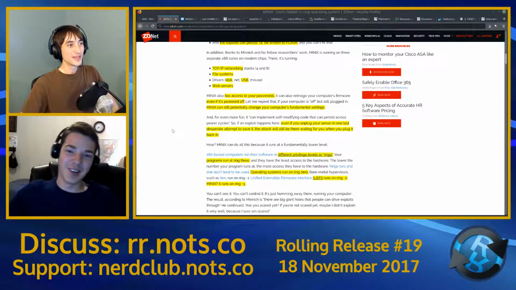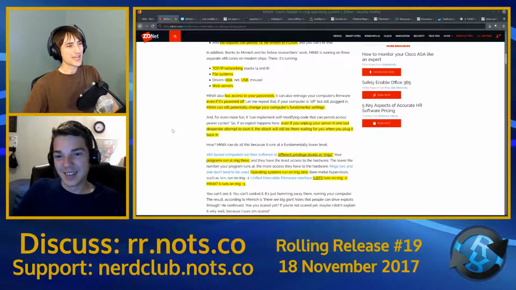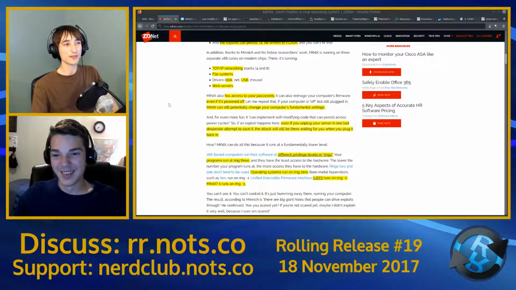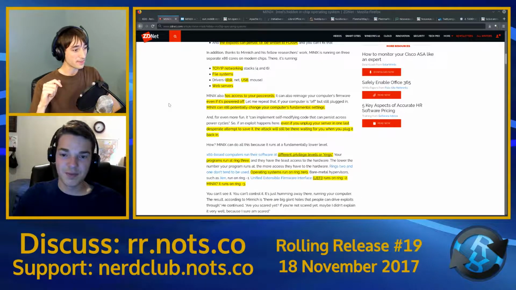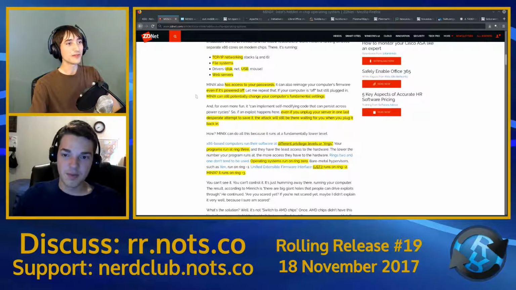Like, really concerning. ZDNet points out that MINIX also has, quote, access to your passwords. I assume that's just because it can get access to literally everything. I don't know why your password specifically, unless it's talking about the trusted platform module, because that kind of goes hand in hand with the management engine. But we do know that MINIX can even do things such as re-imaging your computer's firmware, even if your computer's powered off. As long as it's plugged in,